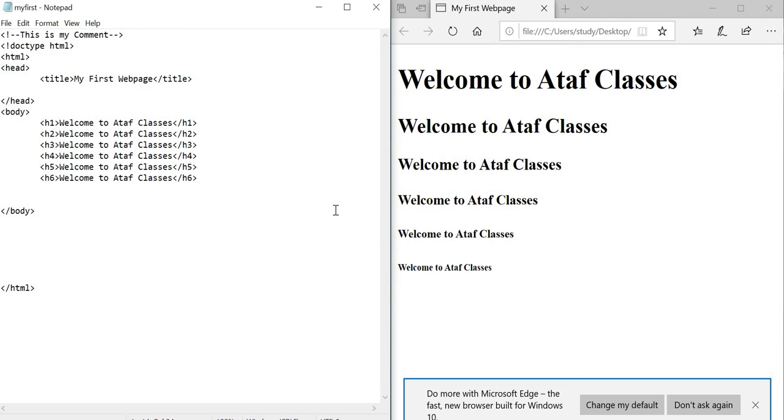So now I want to add some comment. As I showed, this is my comment, it is not displayed. So I want to add it here inside body. Let me copy this one, Control C, and paste Control V. Let me save one more time. As you can see, it is not displayed. So you can write in place, give a comment and write: this is the largest heading, this is smaller than h1 and greater than h3.